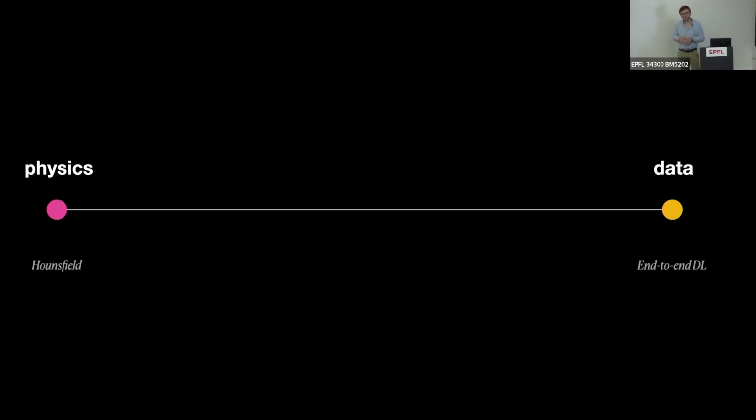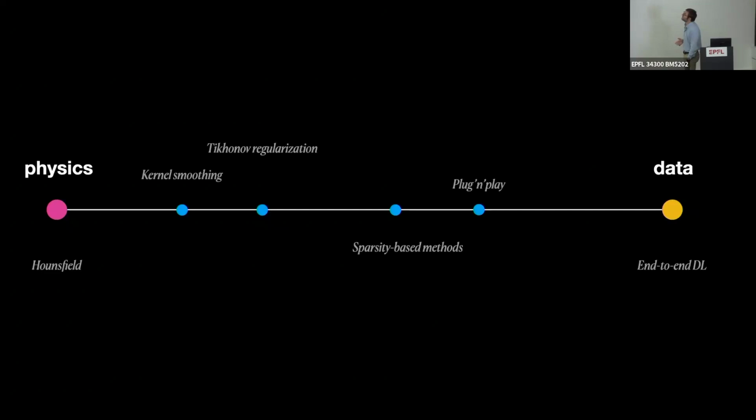And this is the promise of the modern data-driven deep learning era. The physics side was what Hounsfield did, and end-to-end deep learning is the other completely data-driven extreme, at which maybe you can completely forget about any physics, you just get the data. Over the years, between Hounsfield and today, we navigated this trade-off in all sorts of ways. We started making assumptions about how many regular derivatives you have, so we had Tikhonov regularization style things. We had sparsity-driven methods. Today we have end-to-end deep learning, and then all sorts of mixtures between the two.